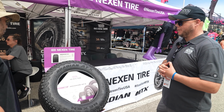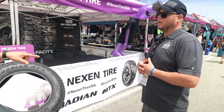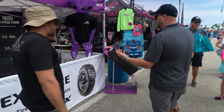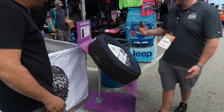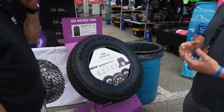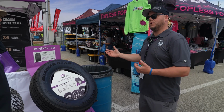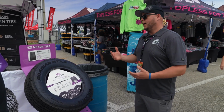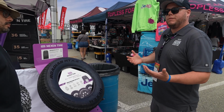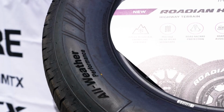I like that. I'm a first style guy, you know. Yep. And I see you guys have some other products here that aren't so off-road. So just to round out our light truck and Jeep lineup, not everybody drives their Jeeps off-road. Exactly. We know that. For those that are towing their Jeeps to an off-road park, or they tow it to a show and they want something for their hauling rig, these are great. And if you're primarily on the road and you don't need that beefy look, this is a really good tire. Not only for Florida, where they get a lot of rain, it cuts the rain really well,